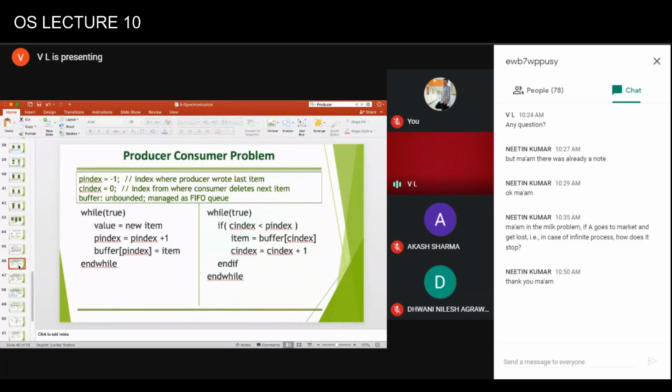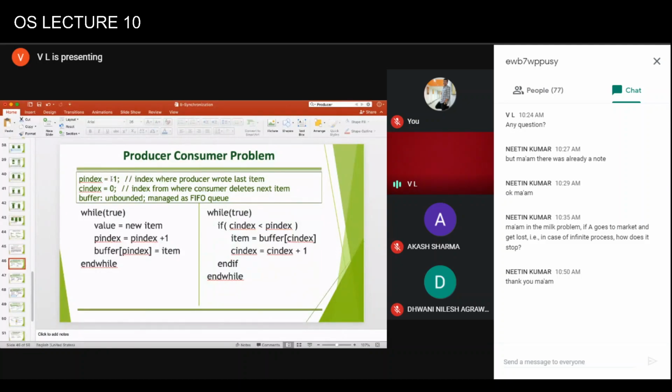Okay. So we have a buffer. Naturally, the buffer will be maintained as a first in, first out queue. When you are printing, you do not want the second line to be printed before the first line. So they have to be printed in the same sequence. So it should be a first in, first out scenario. The producer is producing, it will be writing to the rear end of the queue, and the consumer will be consuming from the front of the queue.